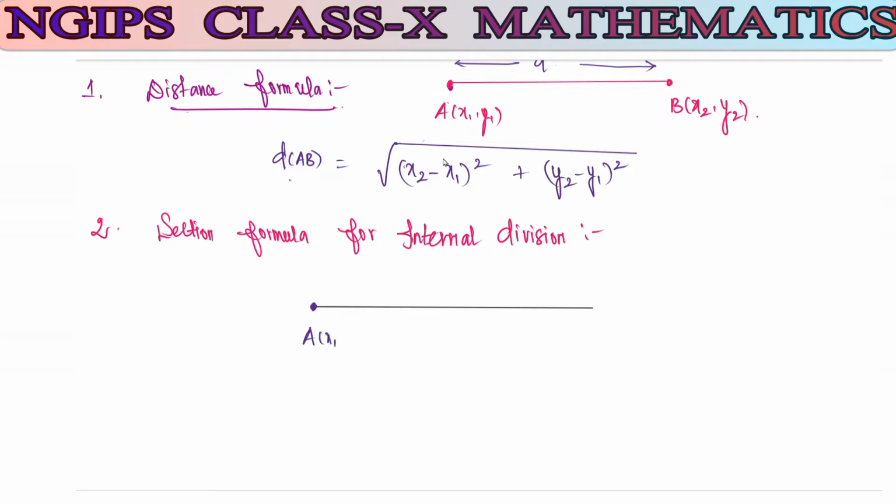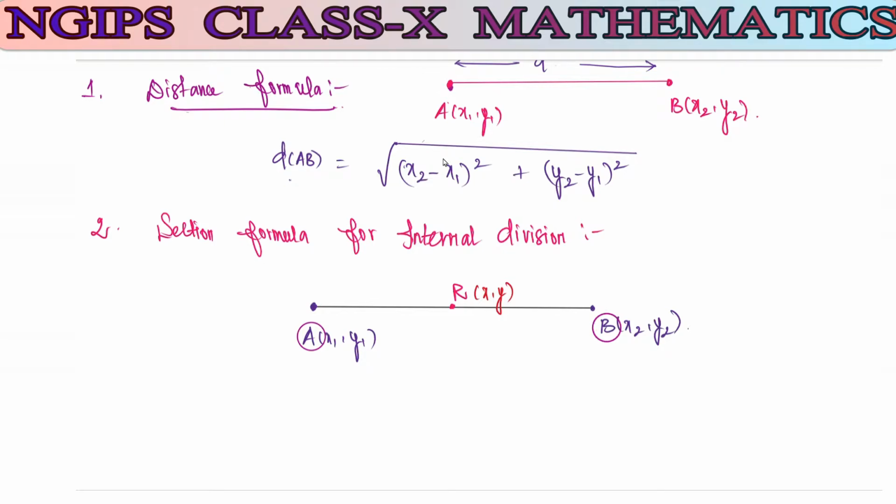A is going to be x1 comma y1, and here we have B, it is going to be x2 comma y2. Now this is the coordinate of the point R, so we have the coordinate of the point, it is nothing but x comma y. Next, this point R divides the line joining the points A and B